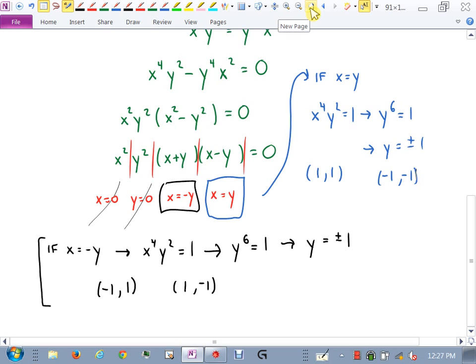I mean, we're halfway through this section, because, well,